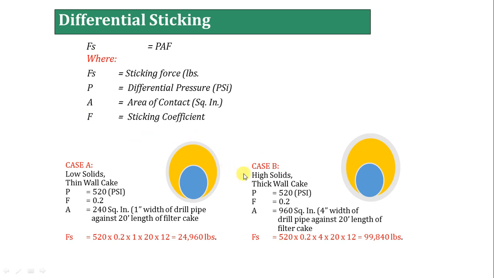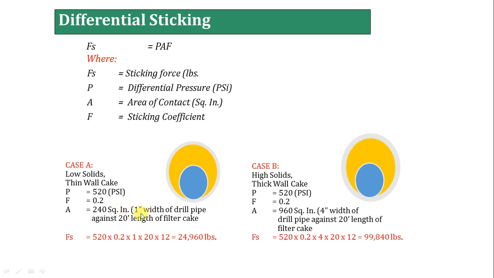But now if you have too much solids, or high solids, it will give you a thick filter cake. If it is the same here, it will result in you needing to free the pipe with plus or minus 100 k pounds,